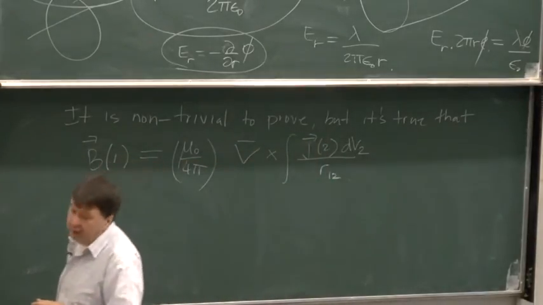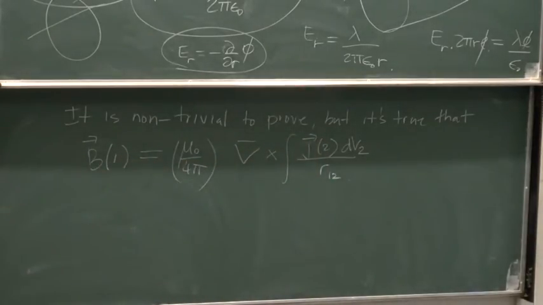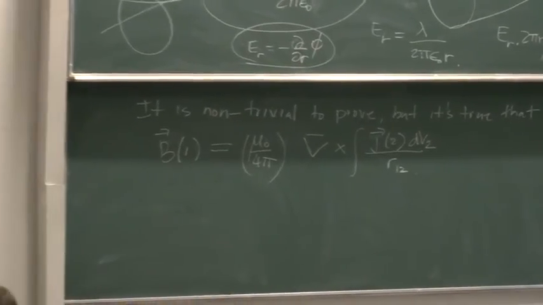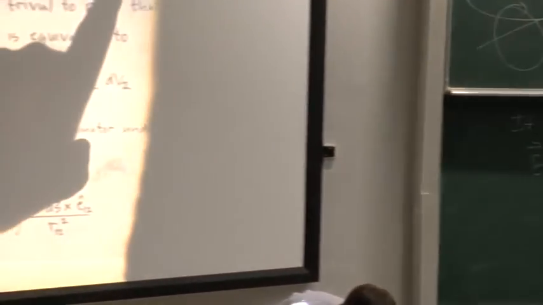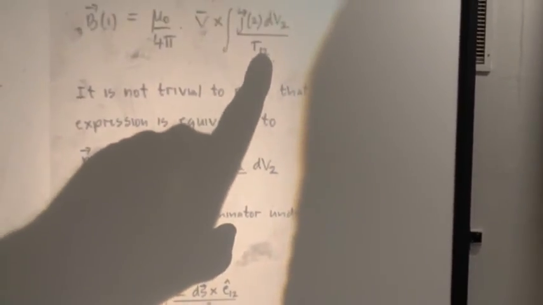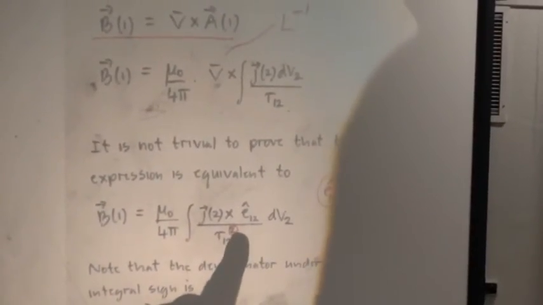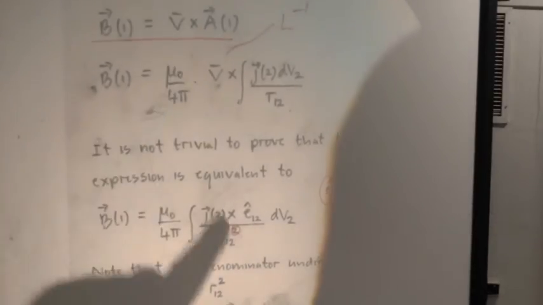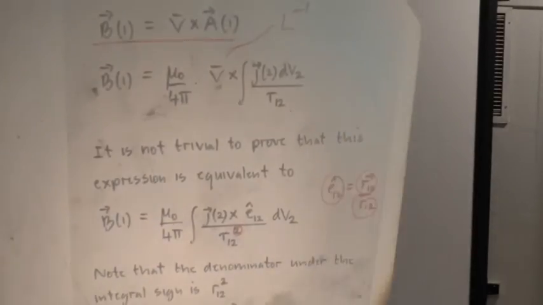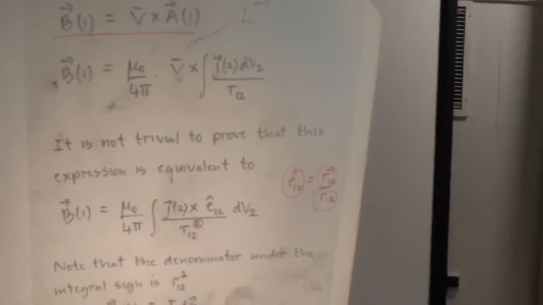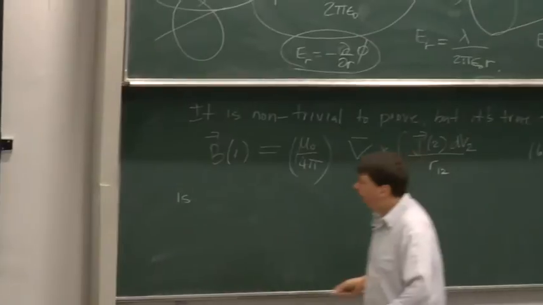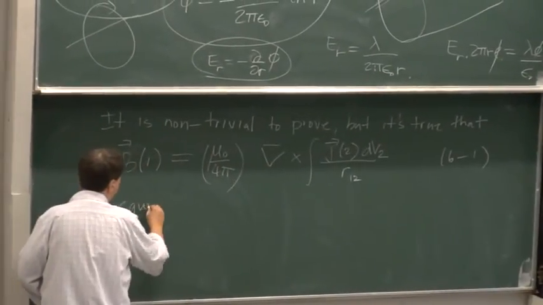Again, it's just a note, but people sometimes get confused. Of course, this has dimensions. This is an operator with dimensions L to the minus 1. Here we've got an L to the minus 1 also, because we've got an R12 in the denominator, and it comes out here. I've circled it. This R12 squared is true, but it's not, as I say, trivial to prove that this, let's call this 6-1, is equivalent to